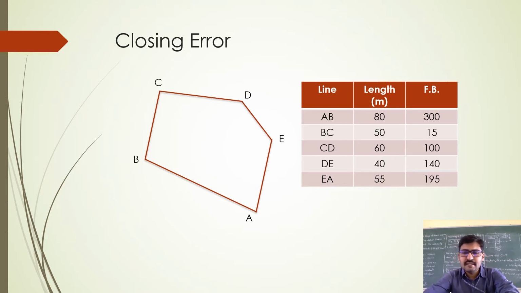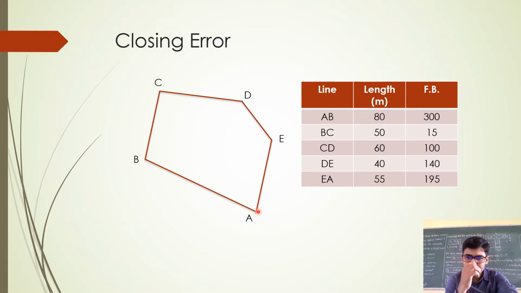So you have measured the length of all the lines. After this you need to know the direction of every line, in which direction the line lies on the ground. Now look at this, AB is one such line, right? The length of AB is given as 80 meter. Now if I want to know the direction, the first thing that comes to my mind is the bearing of the line. Bearings are the best form of showing the direction of a particular line, isn't it?